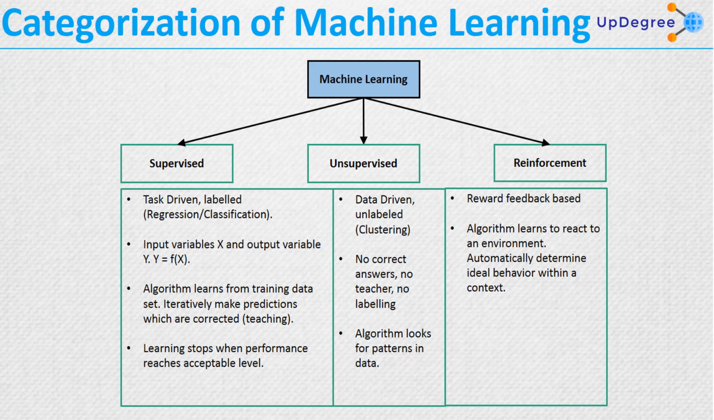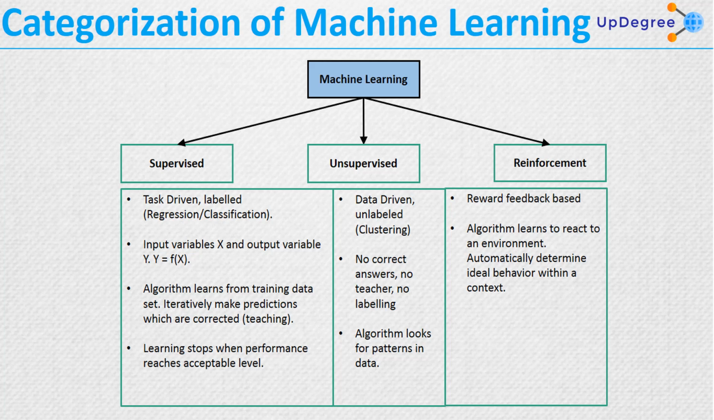It is task driven and labeled, and regression and classification are examples of this supervised categorization of the machine learning model. So why is it called task driven and labeled? That means here we'll have a data set, and that data set will have multiple feature attributes and one outcome attribute. The outcome attribute will have multiple classes. That means depending upon the number of classes, that many output types will be available in the output column. So here we have a huge data set with multiple feature attributes and one outcome attribute,